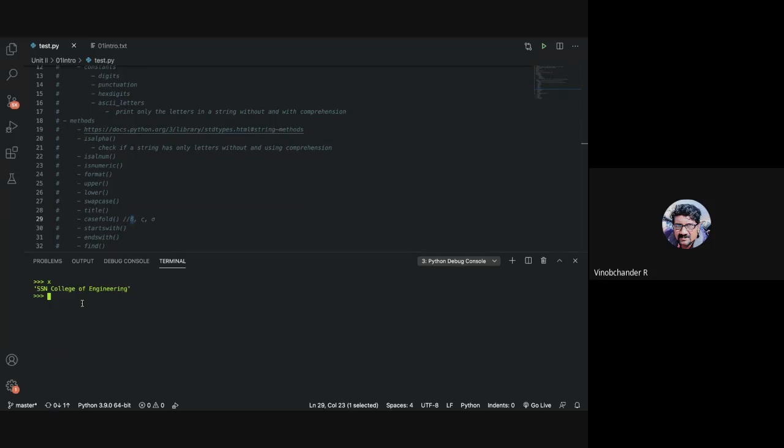So let us see an example. If we say x dot find and find the substring, say off, it gives me the index position. If I do an rfind, it is also the same index position, but the difference is it starts searching from the end.